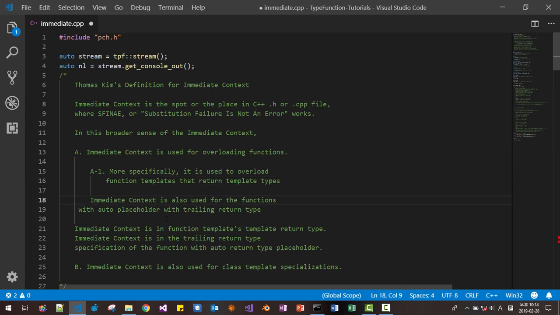Now let's turn to the second usage. Immediate context is also used for functions with auto placeholder with trailing return type. Now let's talk about this concept.